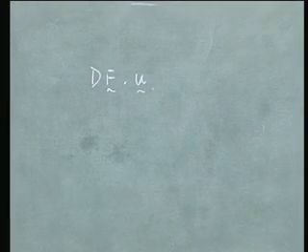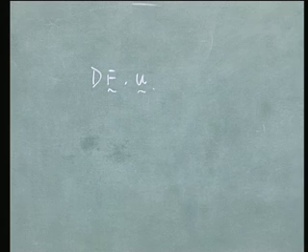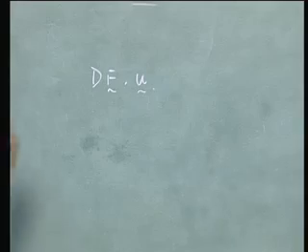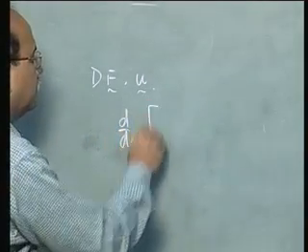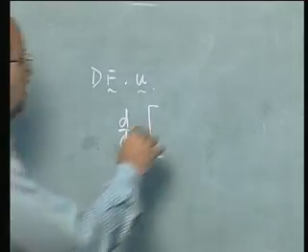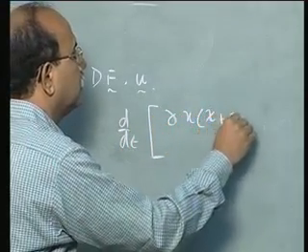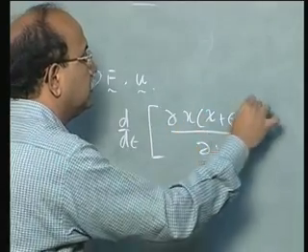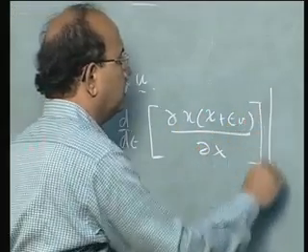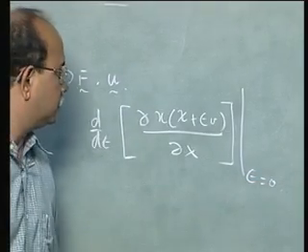How do I do that at a particular configuration chi? So this is given by d by d epsilon of dou of epsilon v at a particular configuration, dou x at epsilon equal to 0,